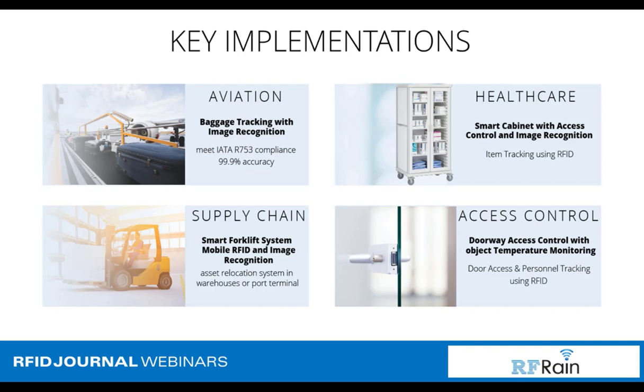One solution that you could do is have the advanced reader on the forklift and have a camera. And so when your assets are tagged with a passive UHF RAIN tag, the reader picks it up and knows the moment it got picked up by the forklift. And when the asset is dropped, it records the time when the asset is dropped and also takes a video